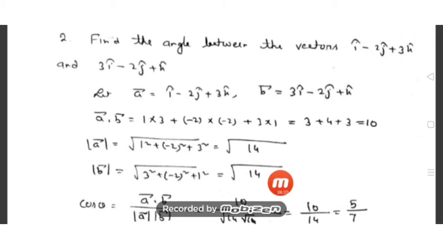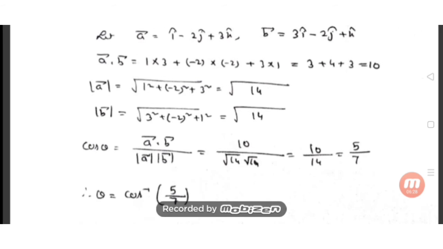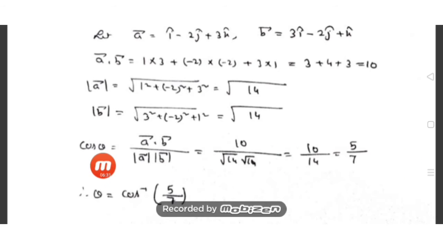Now let us write down the formula for getting the angle between the vectors. If you want, you can write the angle between the vectors as theta. Let theta be the angle between the vectors, and after that we can write down the formula. What is cos theta? A bar dot b bar by magnitude of a, magnitude of b. And as we have got the values earlier, so put the values. A bar dot b bar is 10 in the numerator, and in the denominator, root over 14 into root over 14. Do the calculation now. Root over 14 into root over 14 gives you 14. And cancelling 2 from the numerator and denominator, we got 5 by 7.